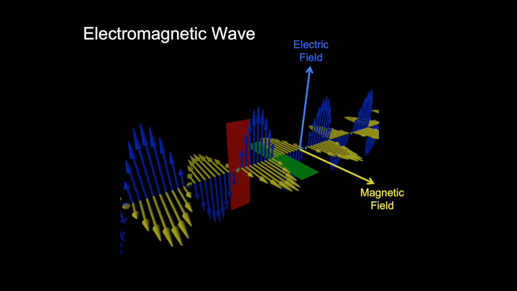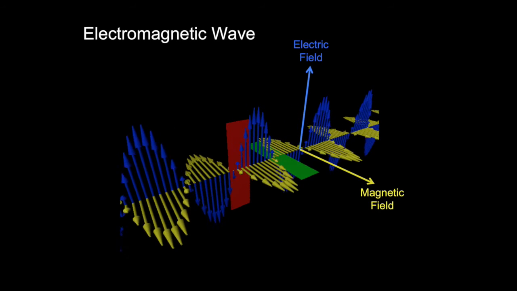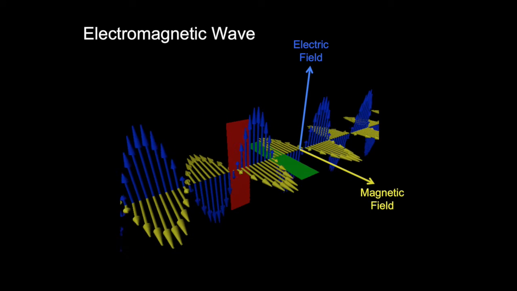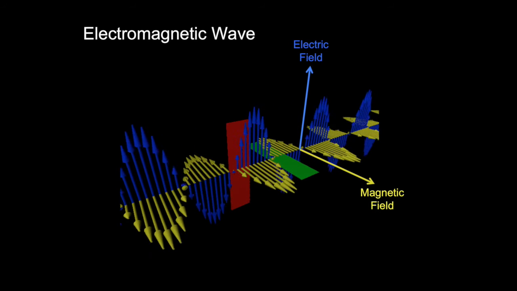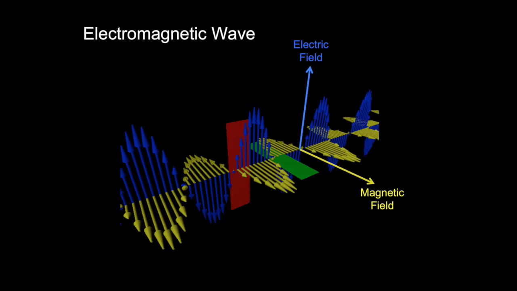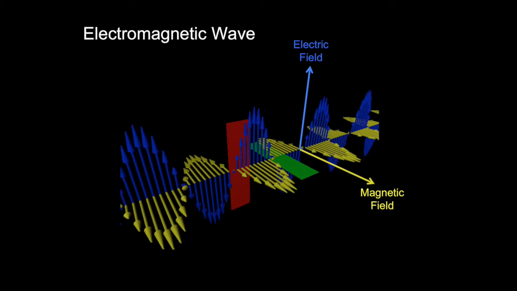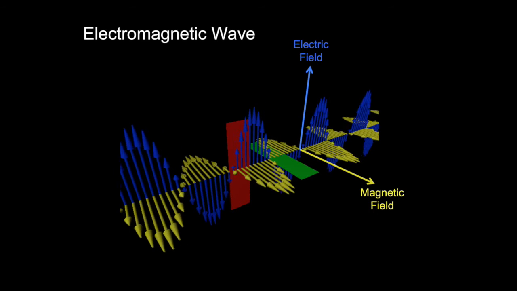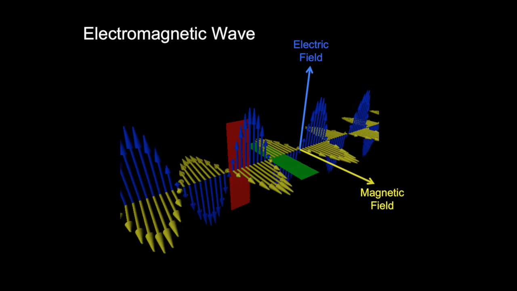Here's a computer animation of an idealized electromagnetic wave. The blue arrows represent the strength of the electric field, with the arrowhead pointing in the direction of the electric field, and the yellow arrows represent the strength of the magnetic field, with the arrow pointing in the direction of the magnetic field strength. The first thing you will notice is that the electric and magnetic fields are at exact right angles to each other. The other is that a changing electric field produces a changing magnetic field, which in turn generates a changing electric field. And so the wave is in effect waving upon itself.